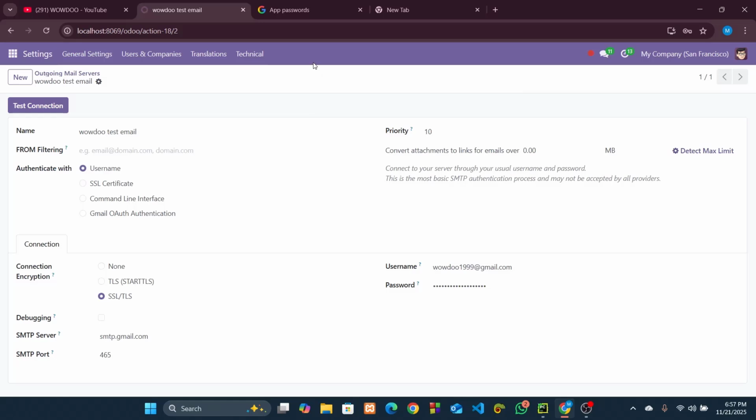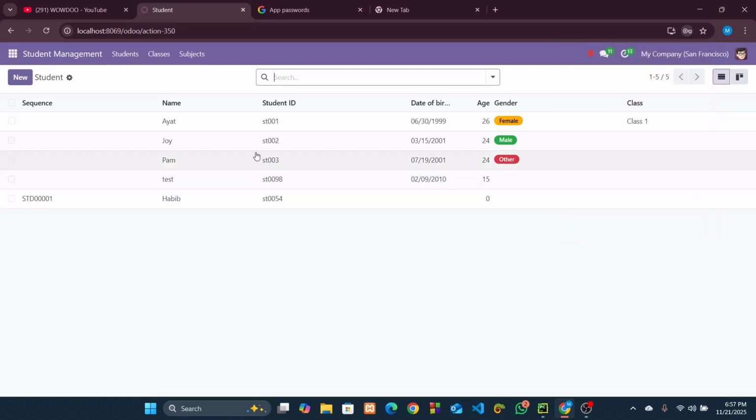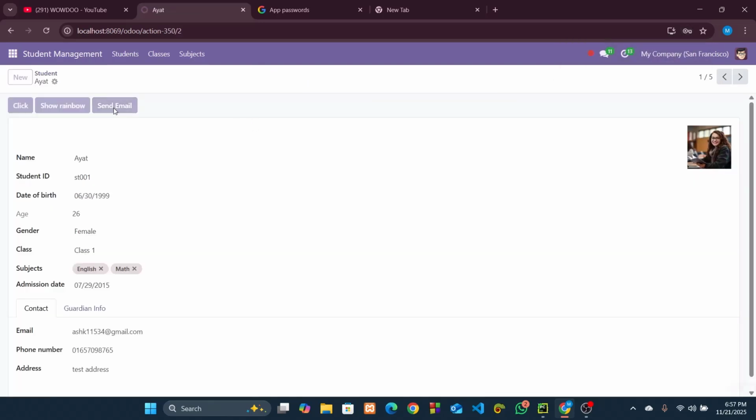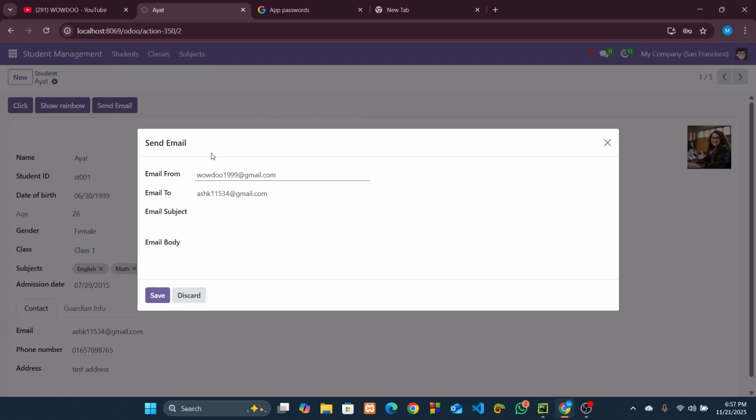Now go to code and add the necessary code to successfully send an email from our student.studentModels record. Let's say if I click on the send email button, our wizard will be opened, and if we give here email from, email to, email subject and email body, this email subject and body should be sent to this email. Okay, but before that we have to configure this two buttons, because we currently don't have any command